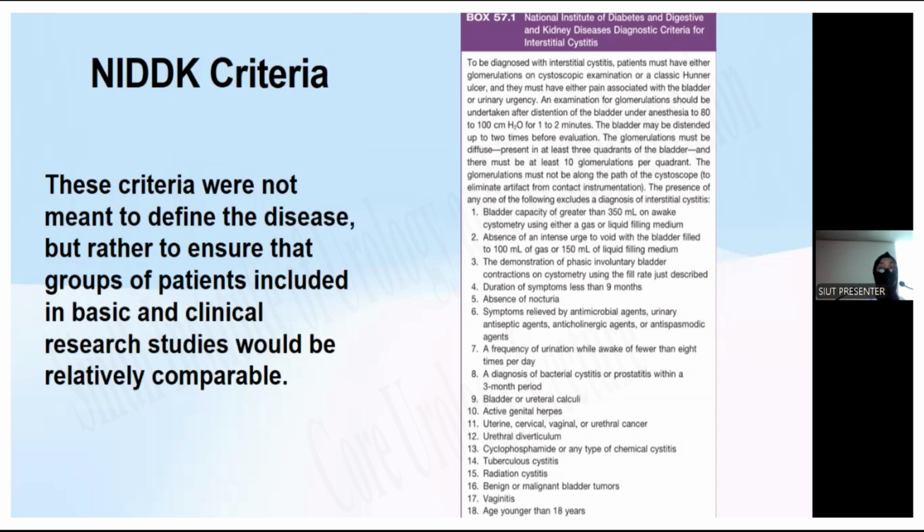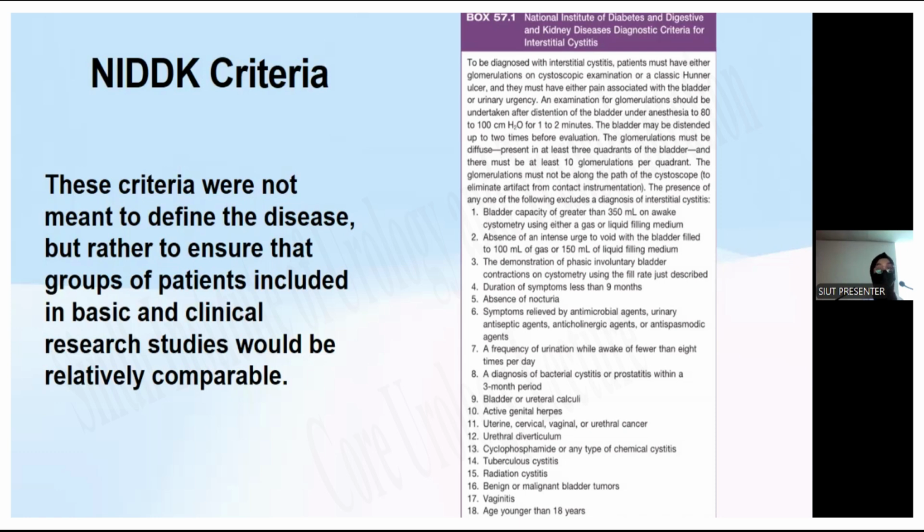A bladder capacity of more than 350 ml on awake cystometry, an intense urge to void with the bladder filled to 100 ml of gas or 150 ml of liquid, the demonstration of phasic involuntary bladder contraction on cystometry using the fill rate described, and the duration of symptoms being less than 9 months. The absence of nocturia, symptoms relieved by antimicrobial agents, urinary antiseptic agents, anticholinergics, or antispasmodic agents. So basically, patients that have responded to some form of therapy for their symptoms are not considered as patients with bladder pain syndrome. A urinary frequency while awake of fewer than 8 times per day also excludes a diagnosis of